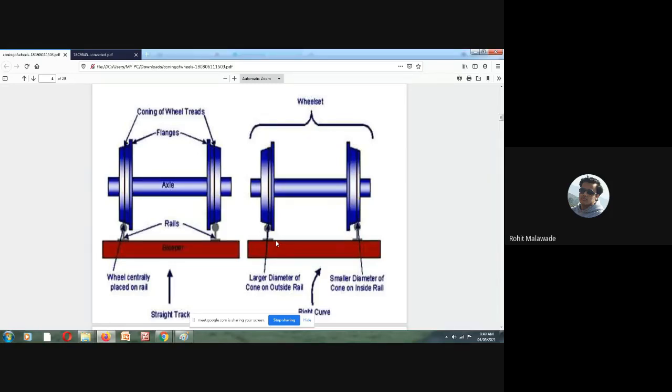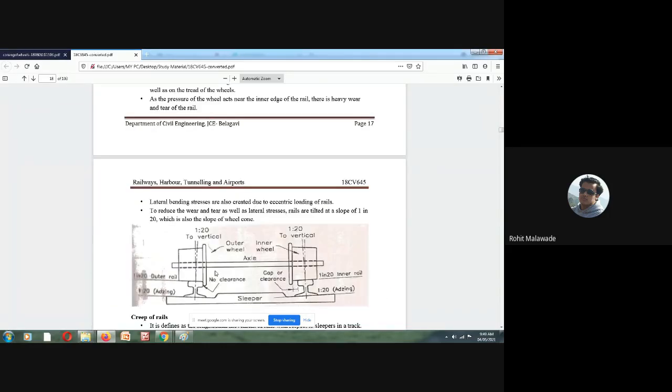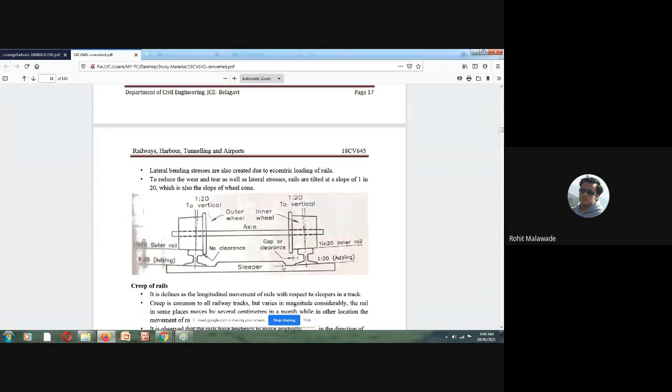Okay. Now, in order to eliminate the tilting of rails, here we will be having this tilt, right? Again, on a sleeper also, we are going to provide this tilt of around 1 in 20. See, here also we are going to provide it; the rails have a slope of 1 in 20. Why have we provided the edging on the sleepers?